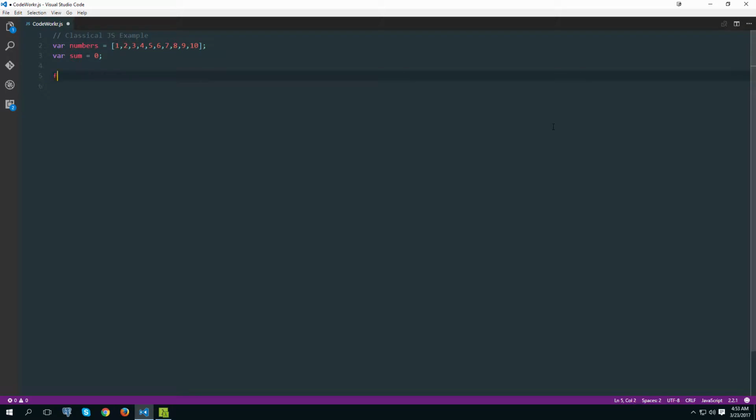Okay, so now let's simply use a for loop. We are going to do a for, with variable i equals 0. As long as i is less than numbers.length, we want to increment i. And then what we want to do is use this sum variable and basically do this. But of course we can use the shorthand notation for this, which is plus equals. So basically we're going to iterate through this array, pick one number at a time, and sum that up with whatever is already stored in the sum variable. So now I can console log sum here,